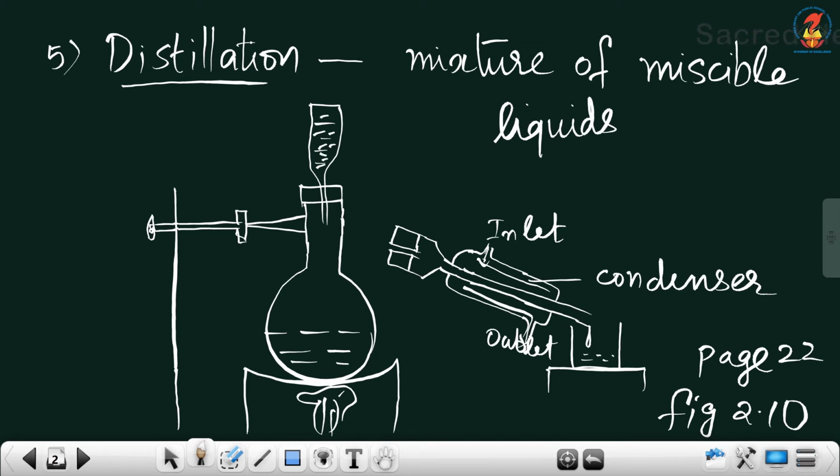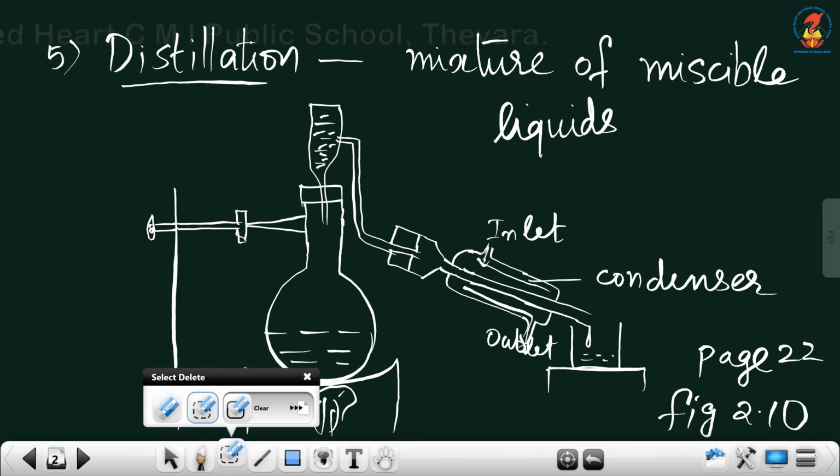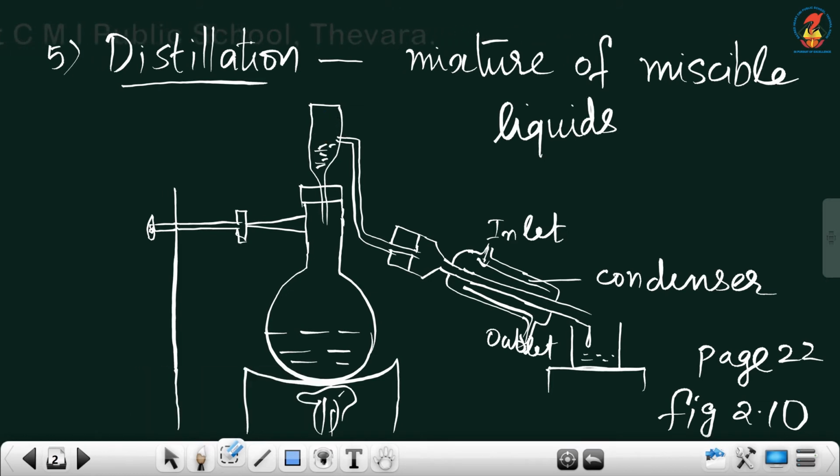It is packed with many beads, and from this fractionating column we are connecting the condenser.